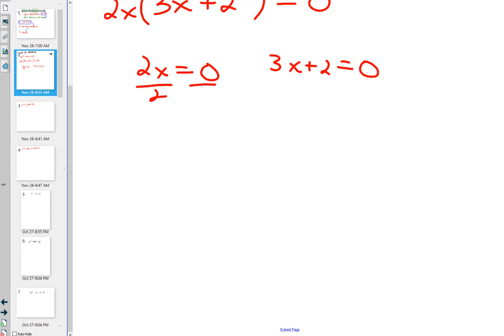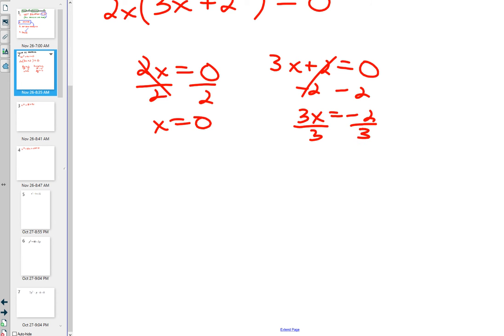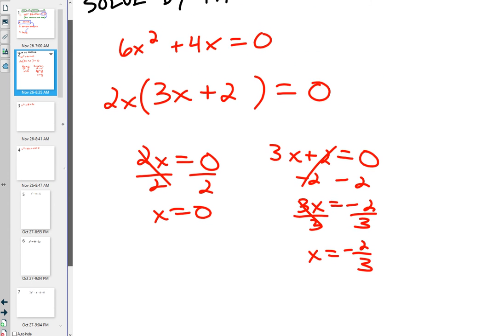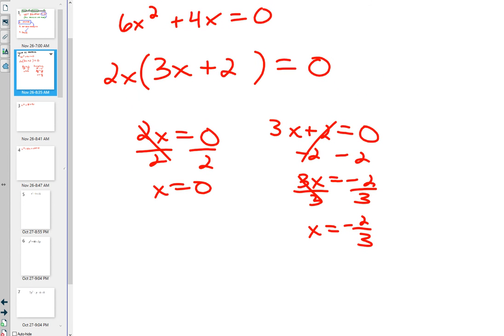Here, divide by 2, x equals 0. Here, minus 2 minus 2. 3x is equal to negative 2, divided by 3. x is negative 2 over 3. And now I'm done. I said that a quadratic equation can have more than one solution. It does. If this is as far as you go,